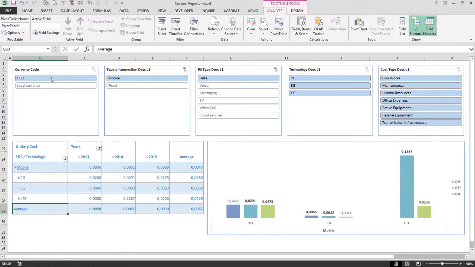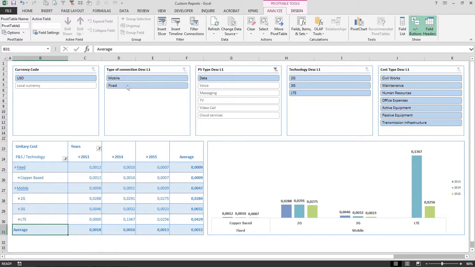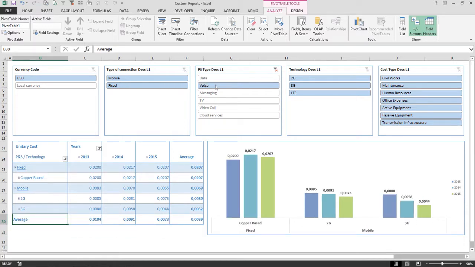The second slicer allows to select the type of connection. In this case, we only have mobile and fixed. Let's extend the selection to fixed also. As you can see, we now have an additional product and service related to a copper-based fixed service. If you wish to change from data to voice services, you can do it in the third slicer, where you can also find other products and services like messaging, video call, and TV. Now,